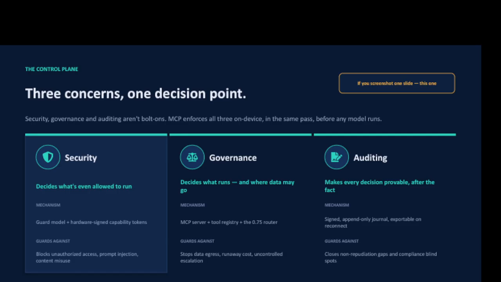The security brings in the guard model and the signed capability tokens that block unauthorized access, prompt injection, or content misuse. Governance decides, based on the confidence level, which LLM should serve the query.